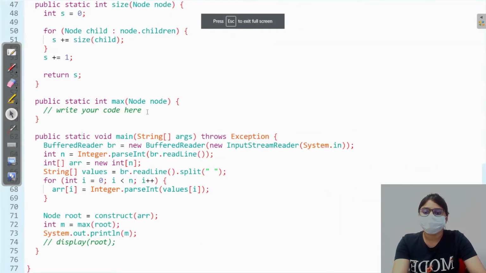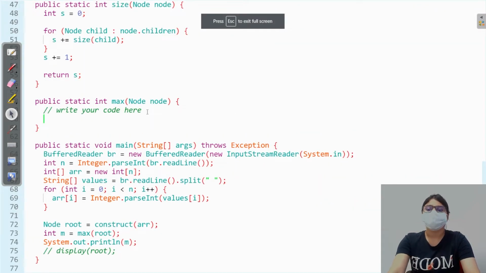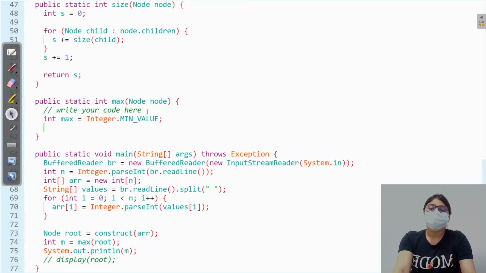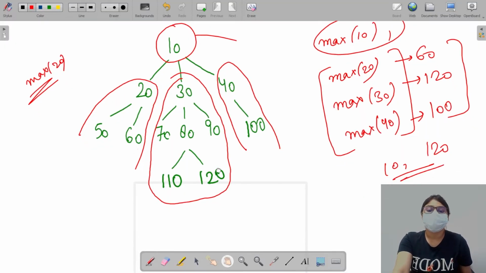Okay, so what I'll do is, I'll just initialize a variable named max with integer dot min value. Why? Because integer dot min value is the identity of maximum function. What is an identity? Identity is that value which does not affect our function.